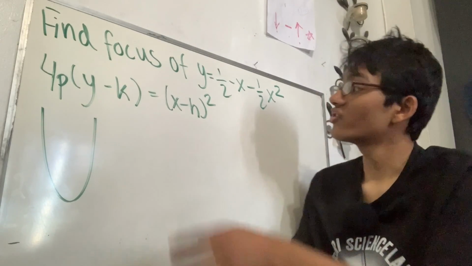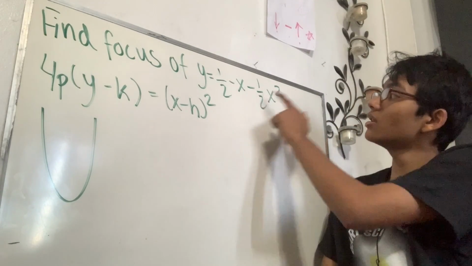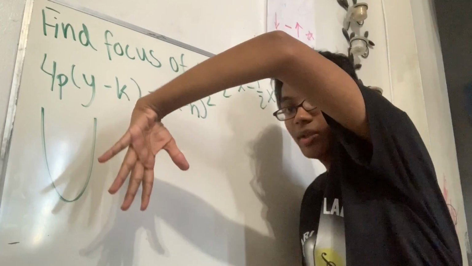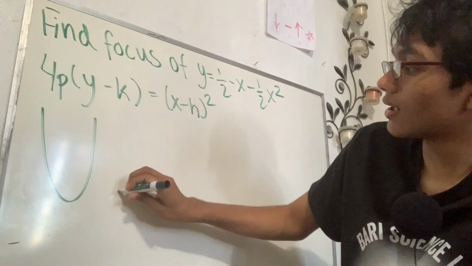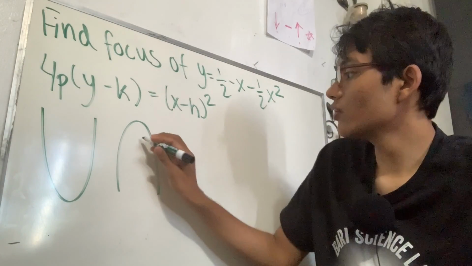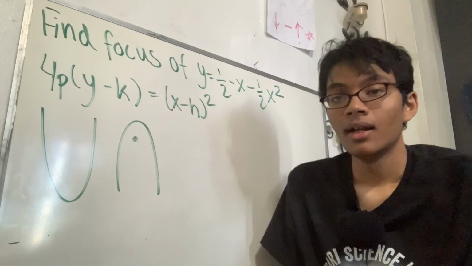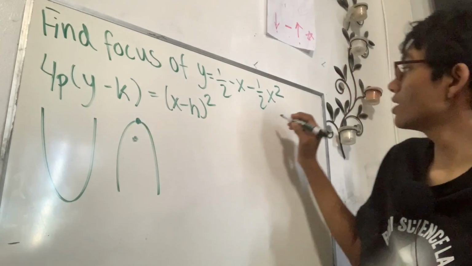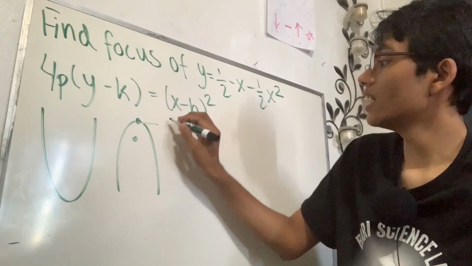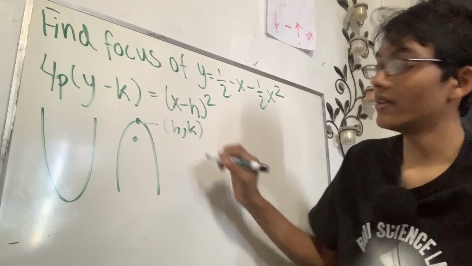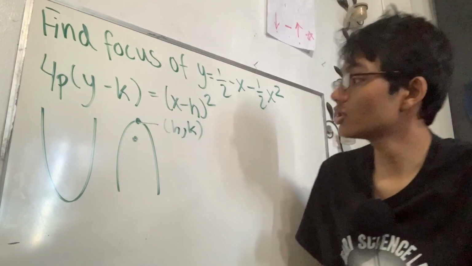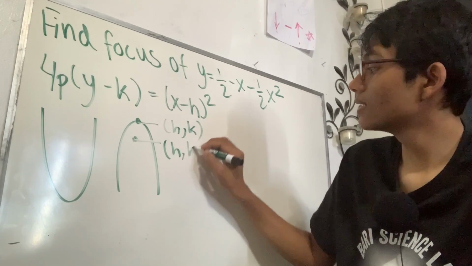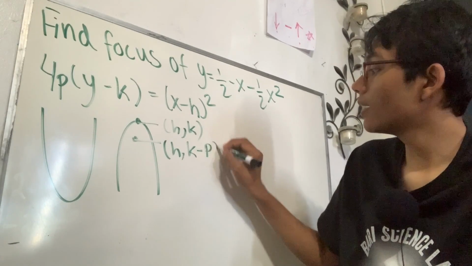But now notice, even though the square is on the x term, there is a minus sign. That's going to take this parabola and flip it like this, so we're going to have kind of a frowny face. So our focus is going to be right here. That means the formula for our vertex is (h, k). If you want to know how I got that, check out the last lecture. And the formula for our focus is simply going to be k, but shifted down by p units,